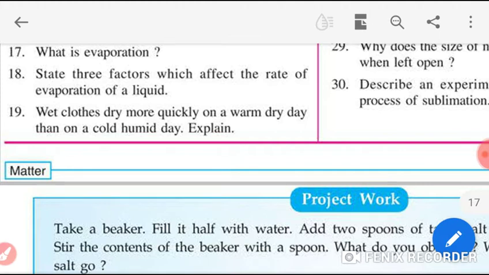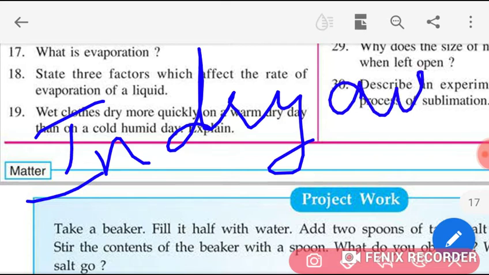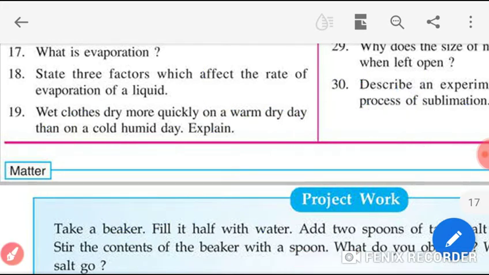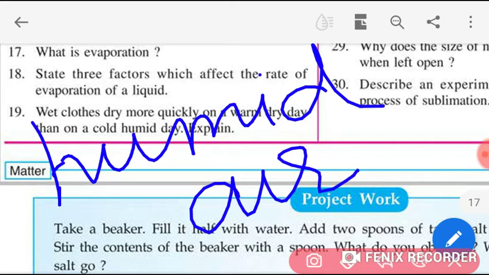In dry air, comma, evaporation is faster than in humid air. Full stop. That is why